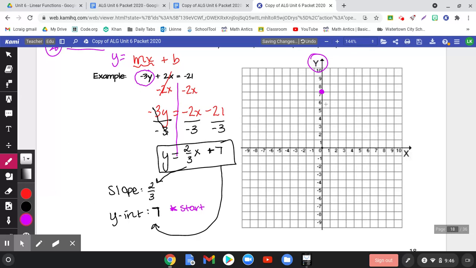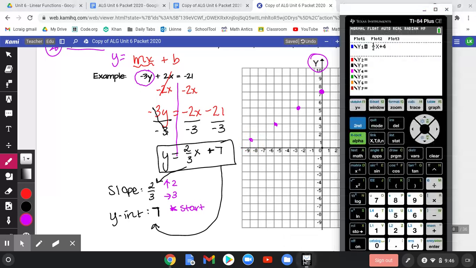So we find positive 7 on the y-axis, and then we use our slope like steps. Since it's positive, we're going to go up 2/3. If it was negative, we'd go down, and you always run to the right. So use it like steps. So from 7, we're going to go up 2/3. Up 2/3. I can't go up any further. It'd be up here. So instead, you can go down 2 and backwards 3. But if you get to this point and you're like, oh, I don't remember if I go left or right or up or down,